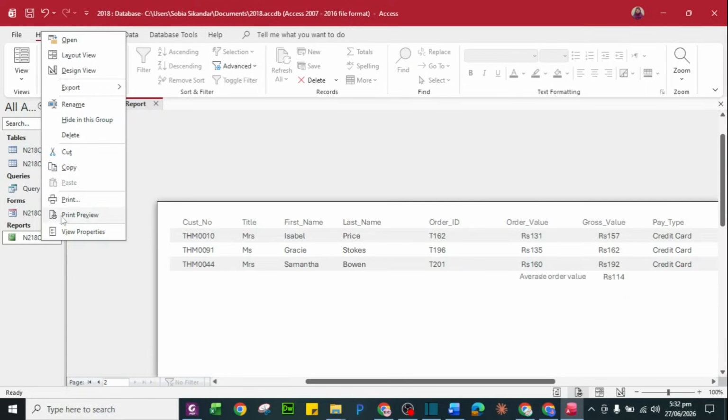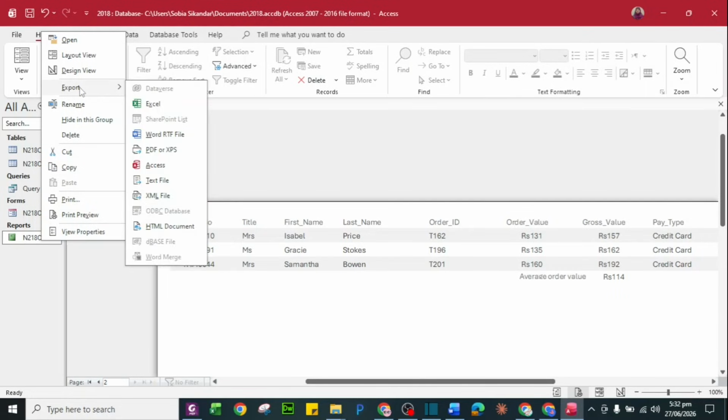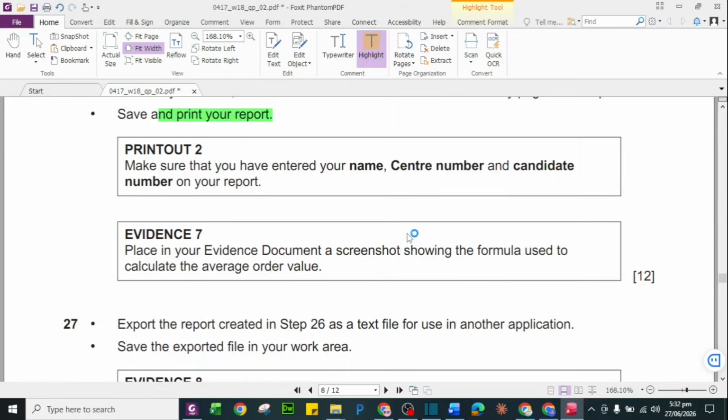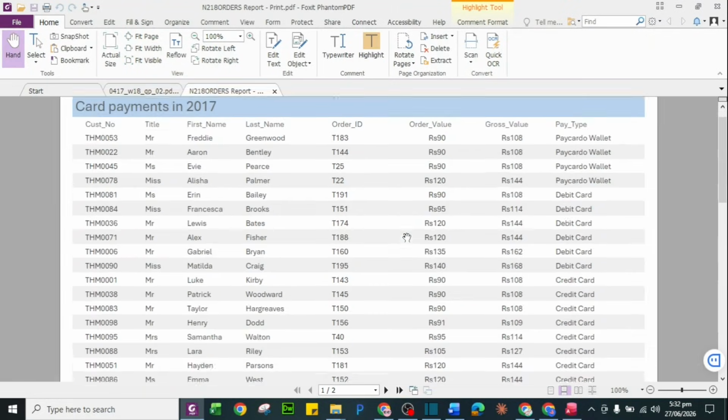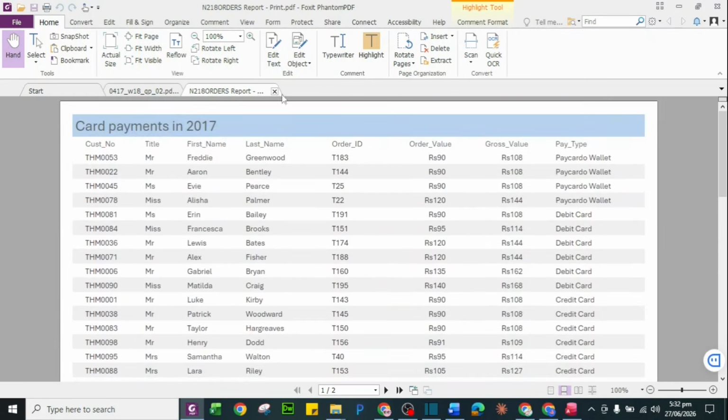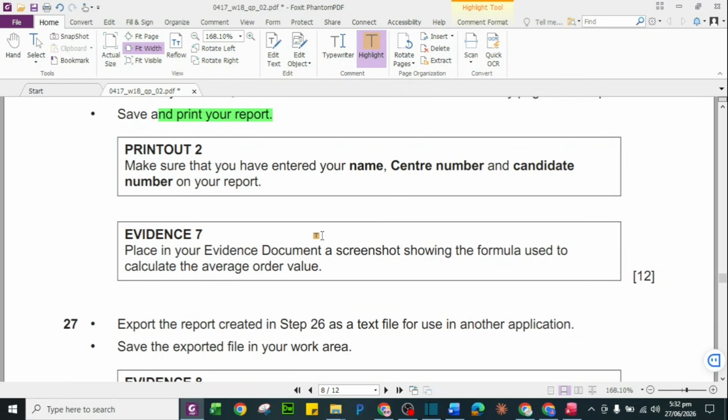So let's export it in PDF. This is the sort of printing. Whenever we export, we will print this copy, save it in your required place in your folder and publish it. You can see this is the proper outlook of my report. I think it's the best. So let me close it and go towards the paper. This print is already done.